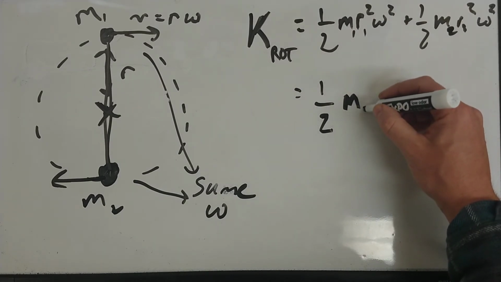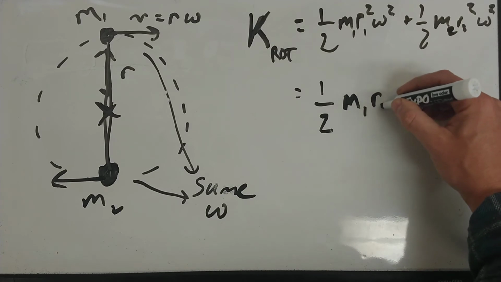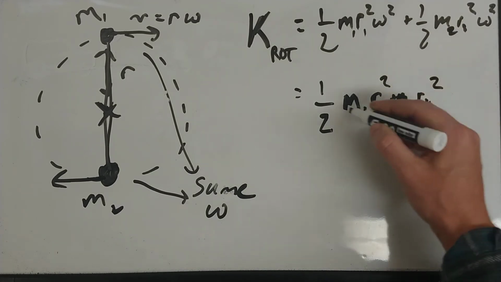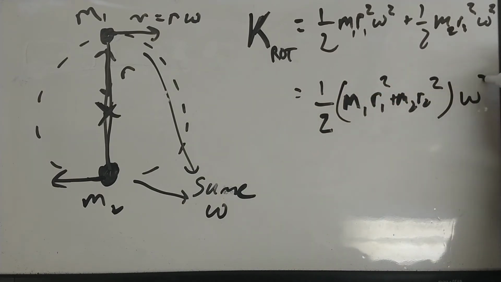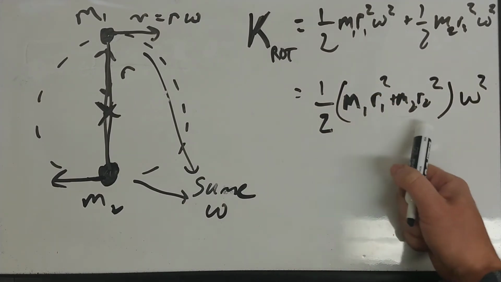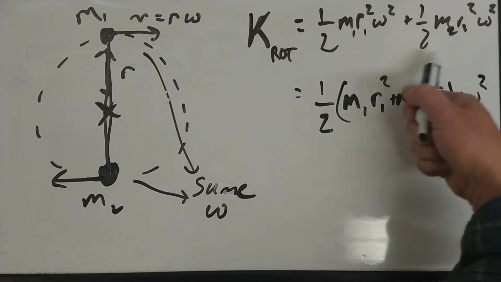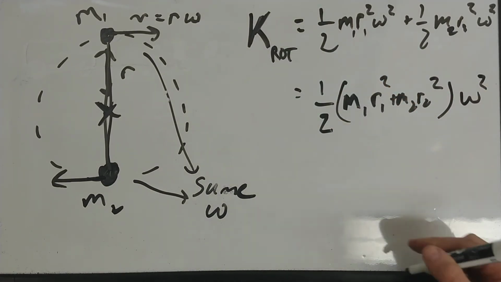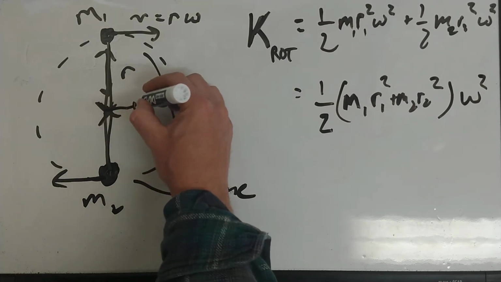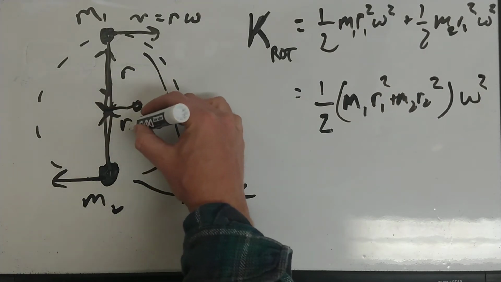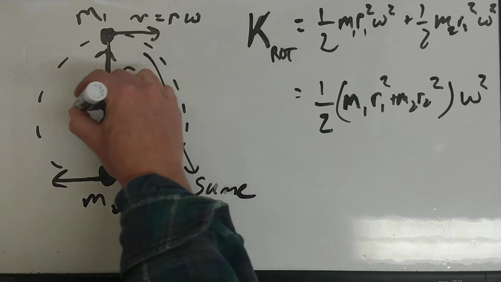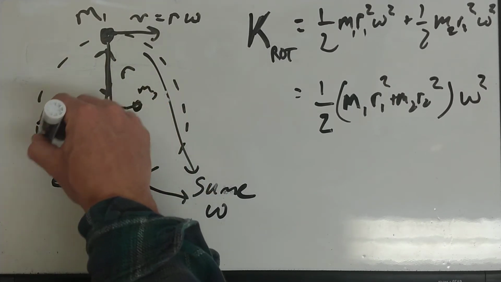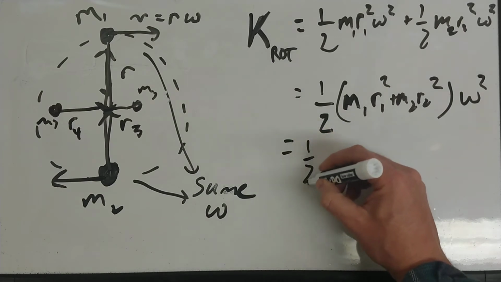So M1 R1 squared plus M2 R2 squared times omega squared. So it's the sum. It's like I factor the omega out in front, and the 1/2, and then I sum those up. If I add another mass, I could add R3, M3, add another one over here, R4, M4. What you end up doing is you just keep adding